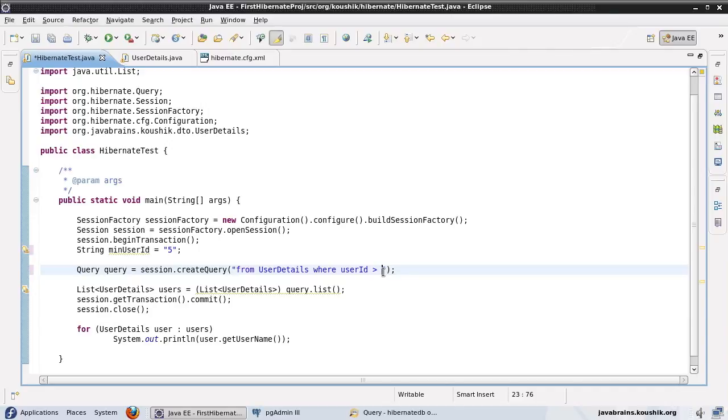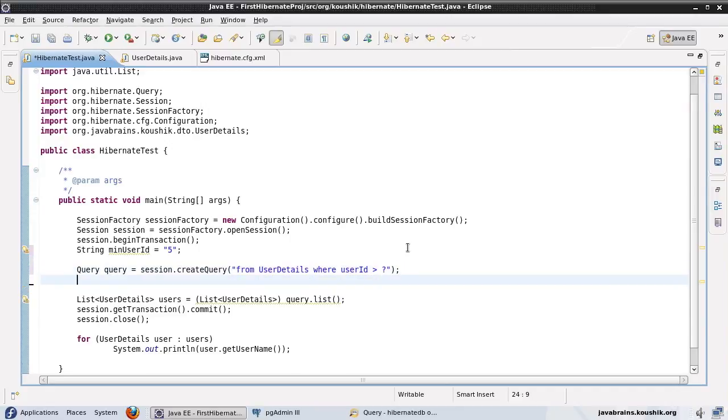Now what I'll do here is I will have a parameter in this query. Say something like this. Now this question mark is a placeholder for where the parameter needs to go. So I'm telling Hibernate that I have one parameter here and this parameter needs to be substituted with the value that I'm going to supply now. So now that I have put a placeholder there, I need to supply this value to Hibernate. The way I'm going to supply the value is by using